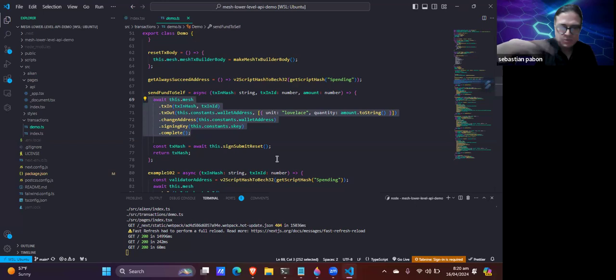This part does all the logic and all the work between the blockchain and this code. I think this is the reason why this is called the lower level APIs, because through this code,